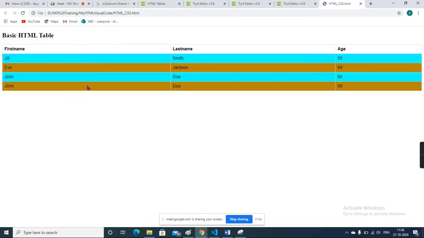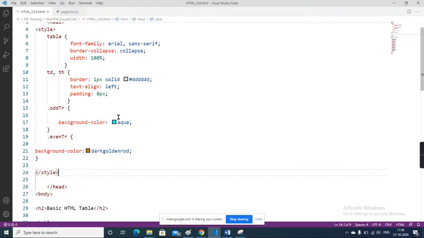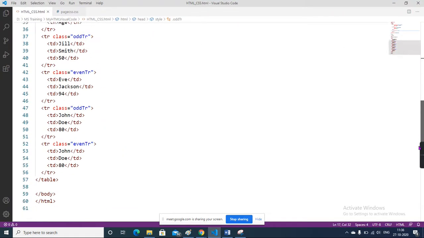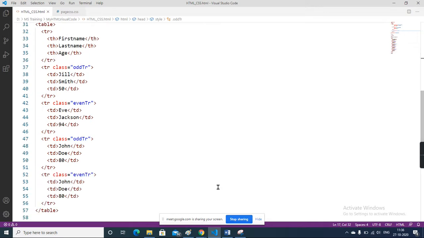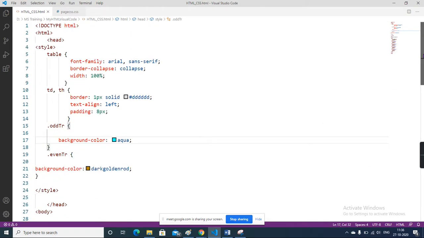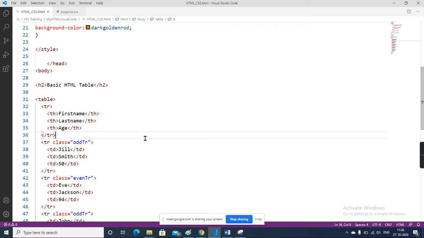You can see the color change, odd and even, because I have put the identifier. What I did was add class as an identifier. Earlier I also told you about the different identifiers. Class means I want to identify this tr using the class name.